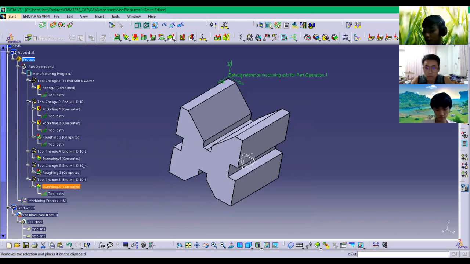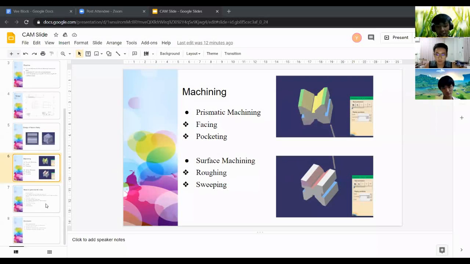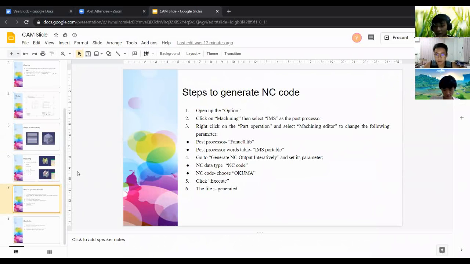All right, so I can share my own screen. Okay, thank you, Shu, for presenting the steps of machining. Right now, can you guys hear me? Okay. So right now I will be presenting the steps to generate NC code. There are a few steps which are very easy. First, go to the option, then click on machining and select IFS as the